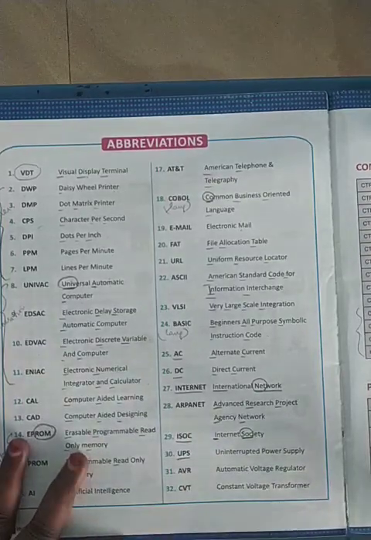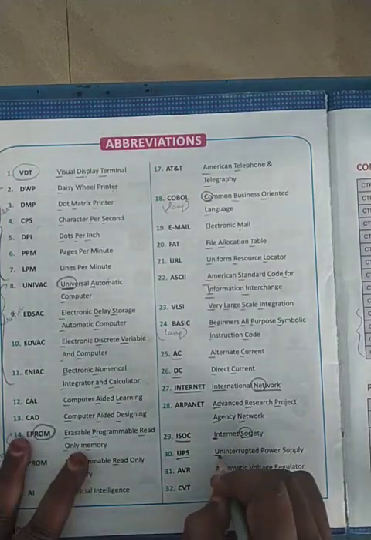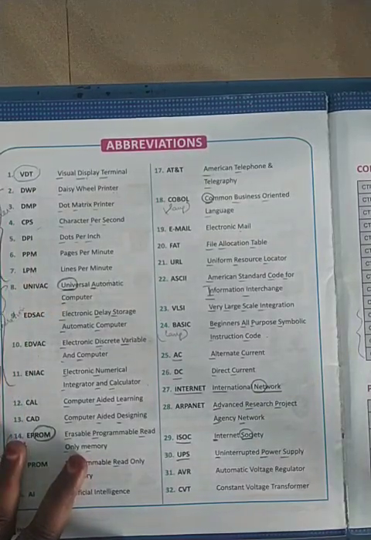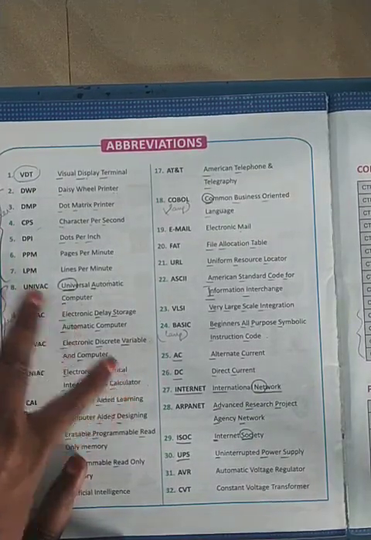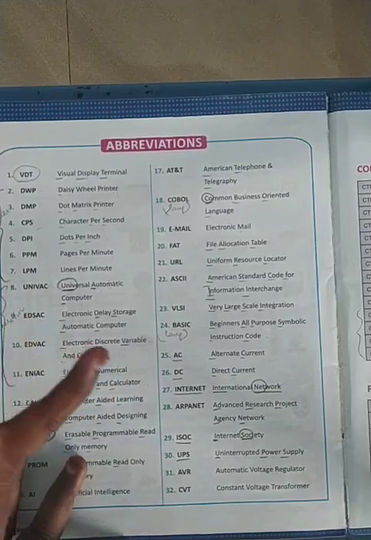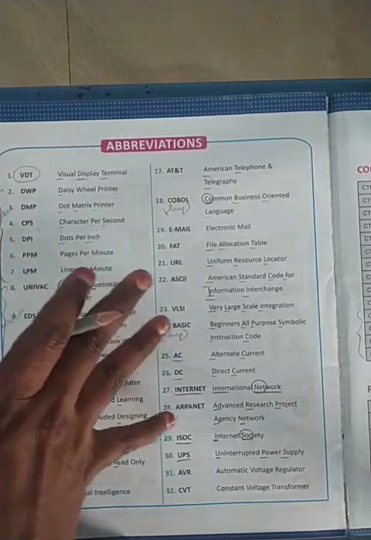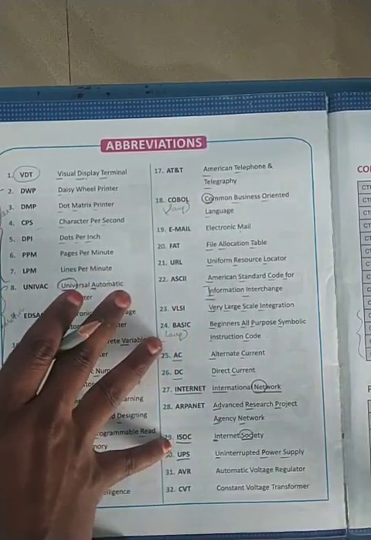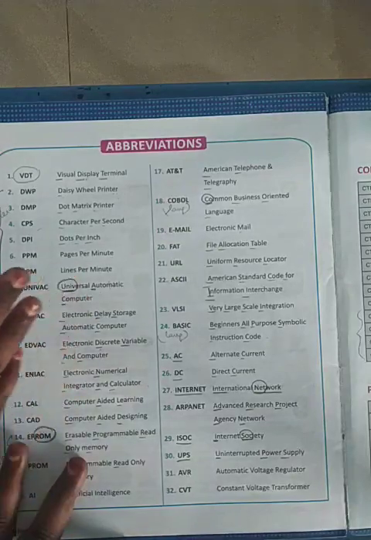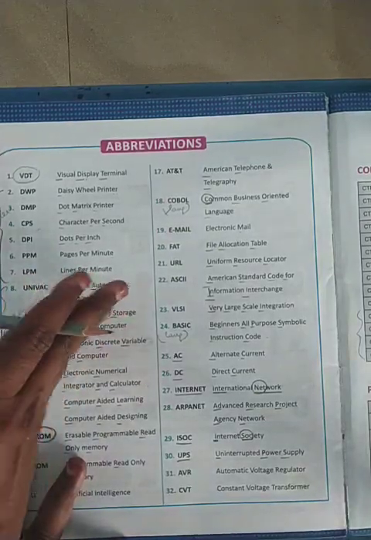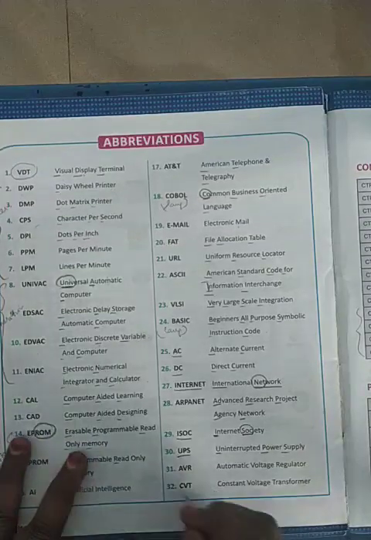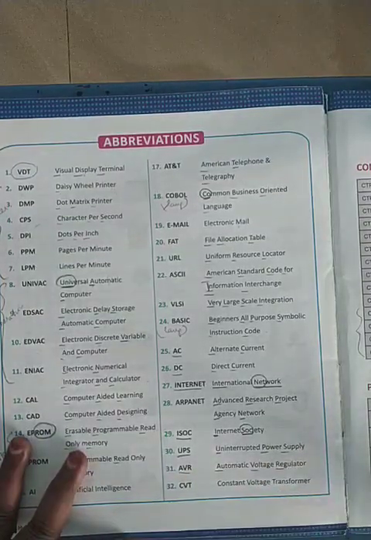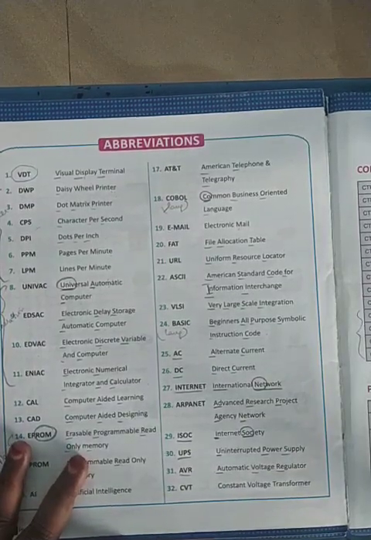UPS, you all have UPS at your home. What is that? Uninterrupted power supply. So when there is an interruption in the direct power supply, this power supply will be giving us the uninterrupted power supply. Okay, that is this battery. This is a battery only. No, this battery will provide us the gap, or it will provide the power during the interruptions. Then AVR, automatic voltage regulator. Automatic voltage regulator. Okay, earlier this was named as stabilizers.